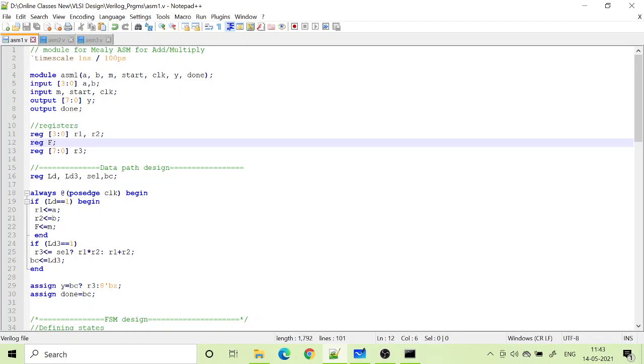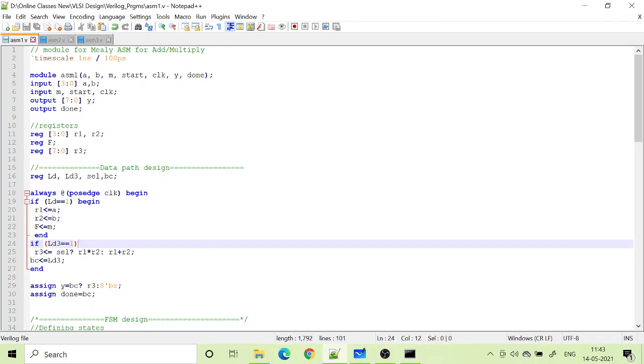Okay, so these are the control signals which are available, and based on the control signals in the data path I will have these register transfer and the enabling of the tri-state buffer. Okay, so I will give this program to you. You can have close look at it by yourself.